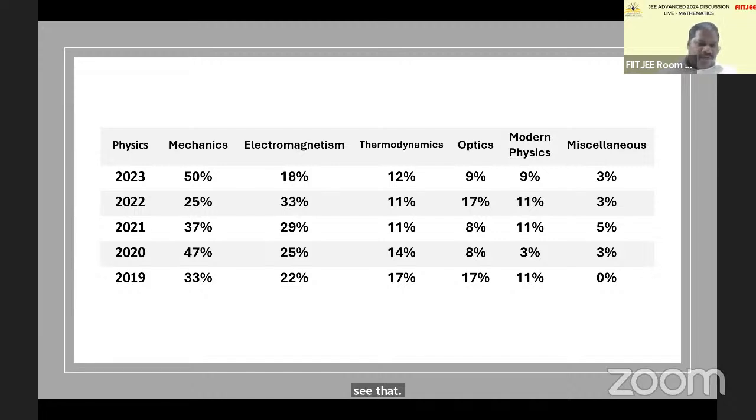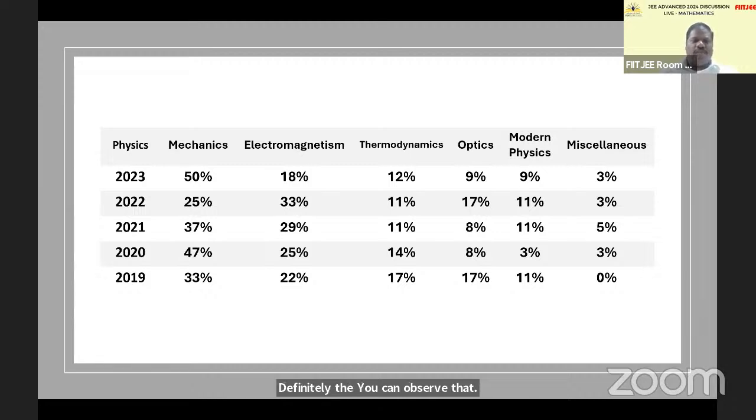So 2023, 2022, you can see mechanics, electromagnetics, each subject, each topic, maybe probably thermodynamics, optics, modern physics, miscellaneous. This is how we have segmentized it. Definitely the weightage has varied. You can observe that